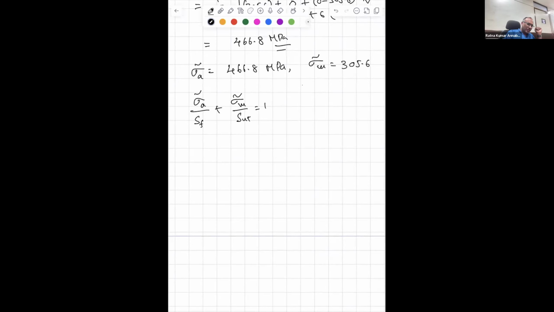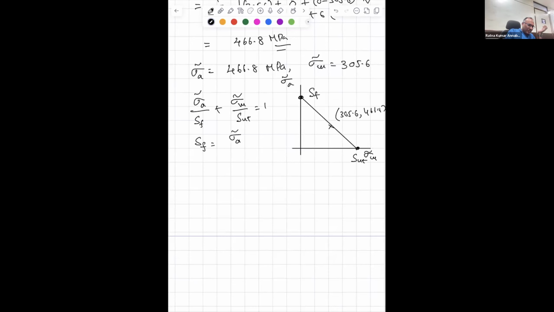So again, the same scenario. This is sigma M, sigma A. Instead of M and M tilde, still this will have to fail at SUT. One point is known. The other point is 305.6 comma 466.8. And now you draw a line. Wherever that line hits, that is my SF. I am calculating my SF,